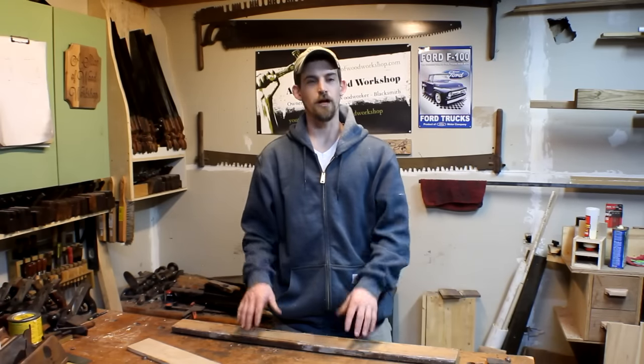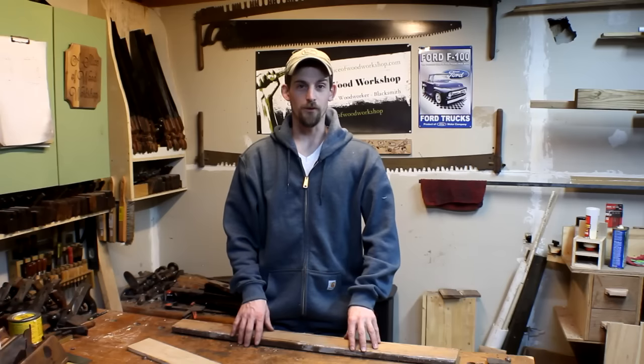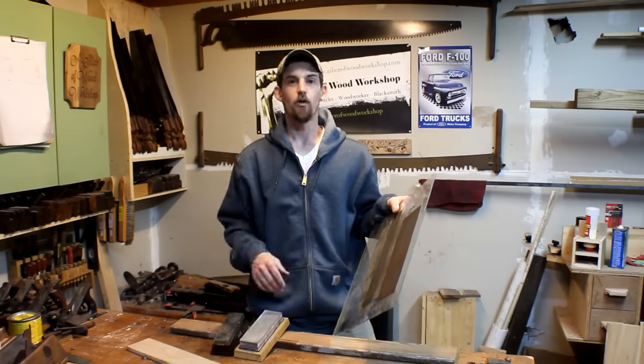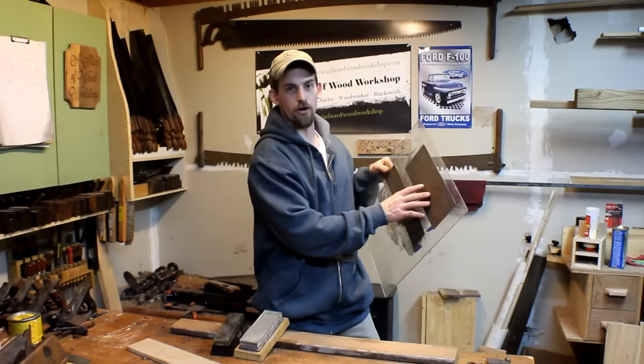In a hand tool workshop, it's very critical that you have very sharp tools. It's not only important for your safety, but also to get very clean cuts. For sharpening, you can do some very simple steps. One of the easiest and cheapest methods that you can go with is just doing a scary sharp system